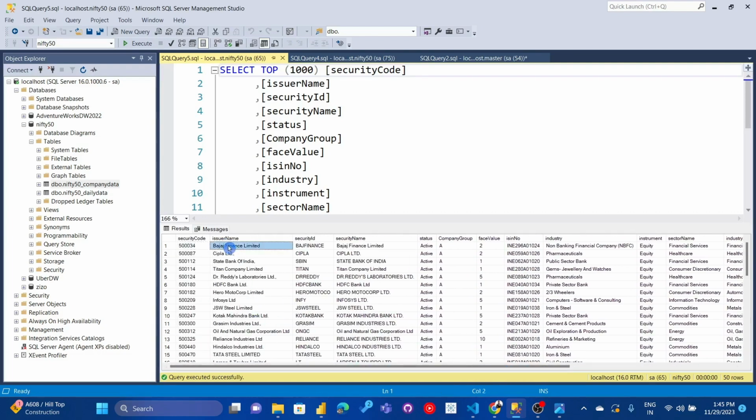You would say it's metadata about the stock: the issue name, security ID, whether it is active, what the face value is. The ISIN number is very important. Industry is important to categorize your stocks into different industries. Sometimes some industry is having a rally, so it will help us understand which industry is doing well at the moment or not. Later on, we are going to map them using the security code, because that is common in both